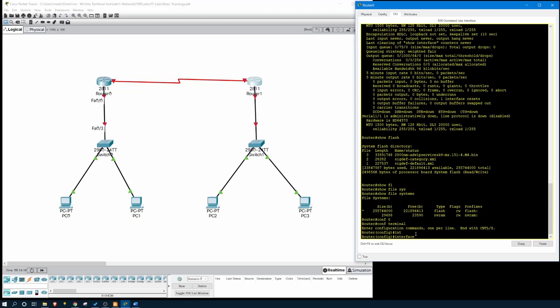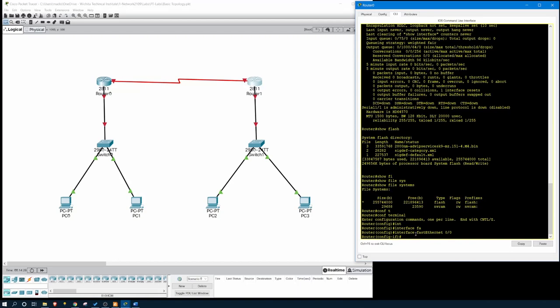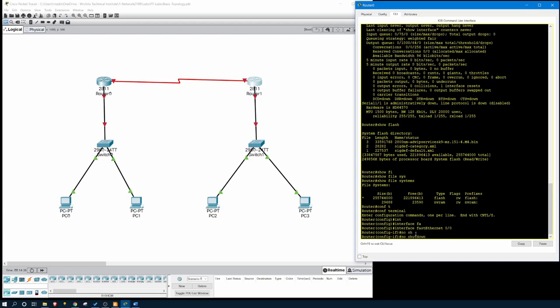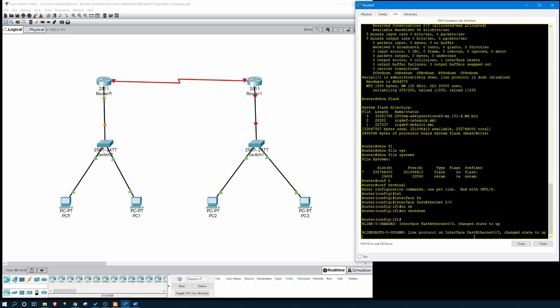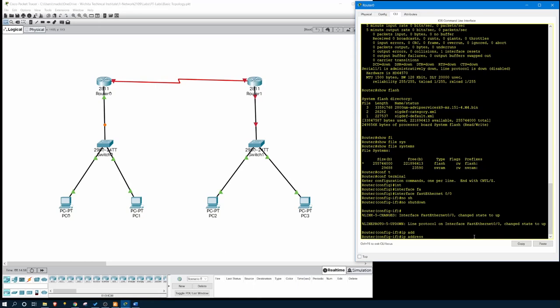So I'm going to do the interface command, and then the first part, FastEthernet 0/0. And I want to turn it on, so I do a no shutdown. And if you'll notice what happens over here, as soon as I enter that command, we're going to go green. It's going to tell me the line has come up. And then we're going to give it an IP address, and it's going to be ip address,